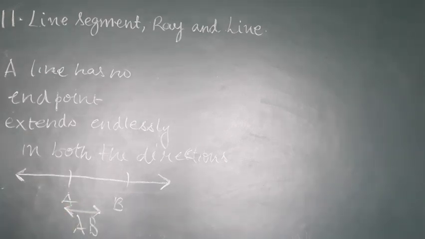Okay students? So what is the major difference between a line segment, ray and a line, and what are the properties of a line segment, ray and line? These properties are mentioned on page number 166. So you have to write all the three. You have to draw this table, or you can write separately. Give one heading as a line segment, then next heading as a ray, and the third heading as line, and you have to write all the features, all the properties in your maths classwork copy. It is given on page number 166, left side.